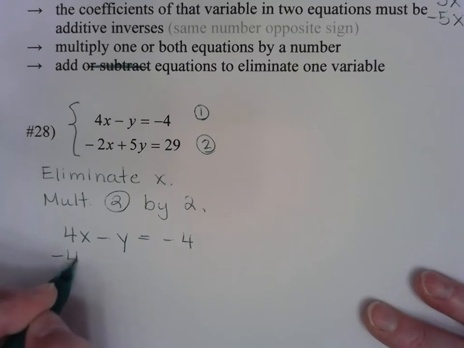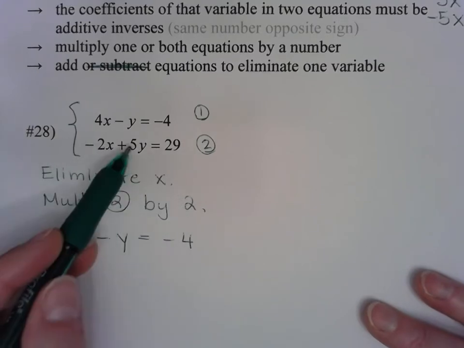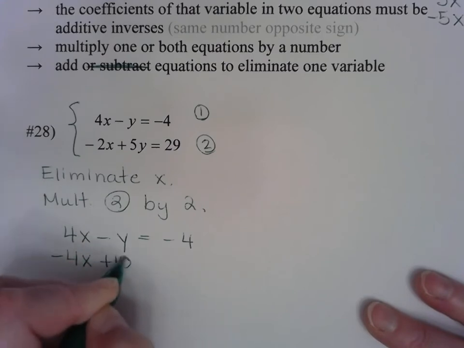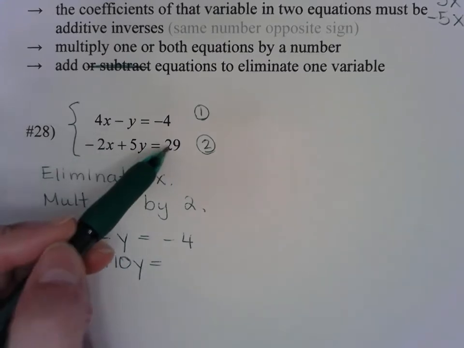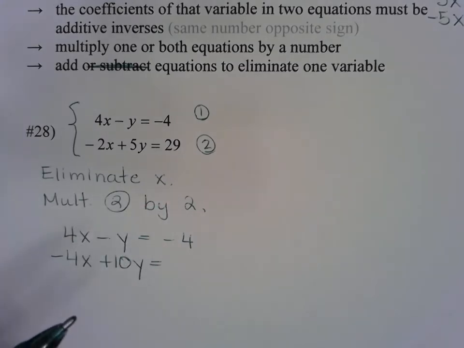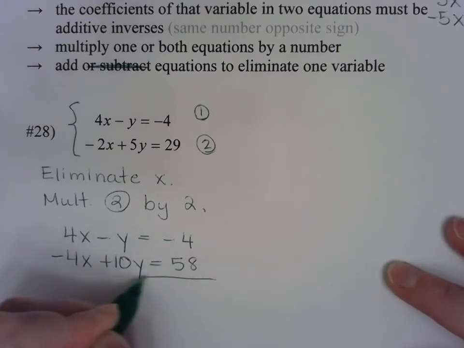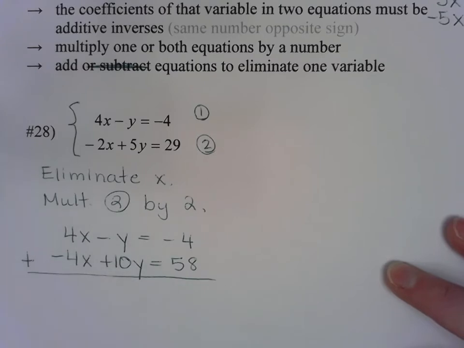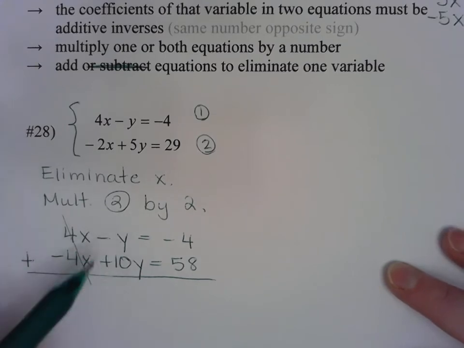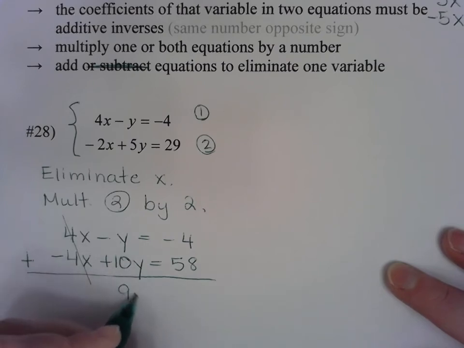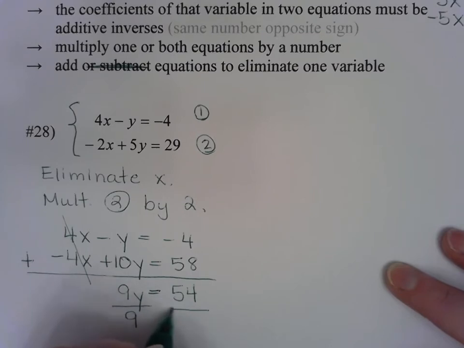So that's going to give me negative 4x. 5y times 2 would be plus 10y. 29 times 2 would be 58, I think. And then I'm going to add these two equations together. So the 4x and the negative 4x make 0x, which adds to 0. Negative 1y plus 10y will be 9y. And negative 4 plus 58 will be 54. So if I divide by 9,